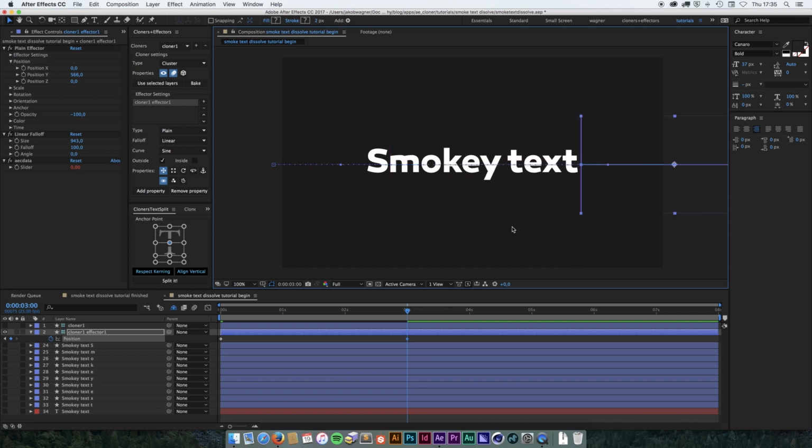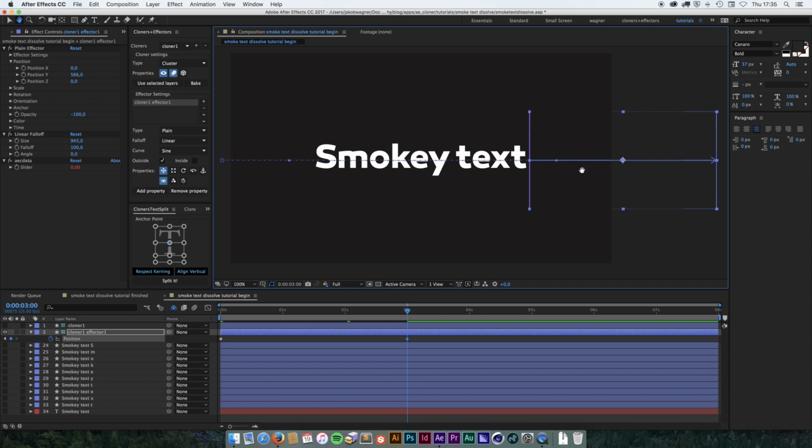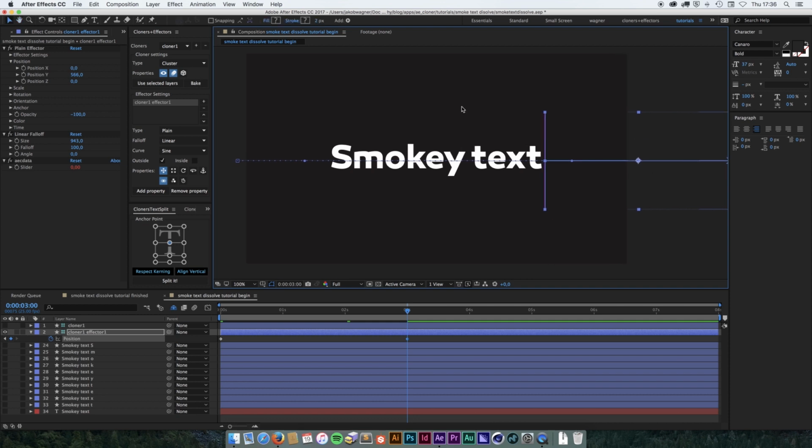One way to get around this would be to add a new effector, but that would slow performance down a little bit, and it would also require us to do a lot of settings 2 times instead of just creating everything on the same effector. So what we're going to do is reuse this effector for the out